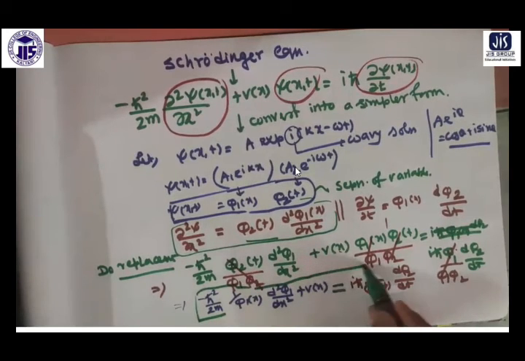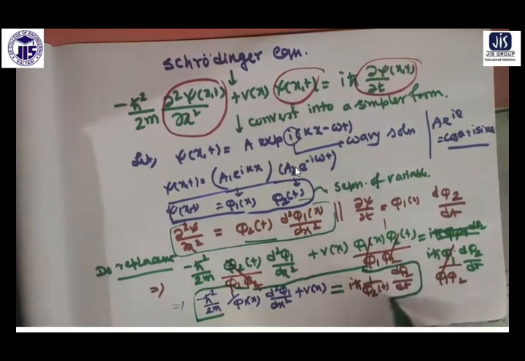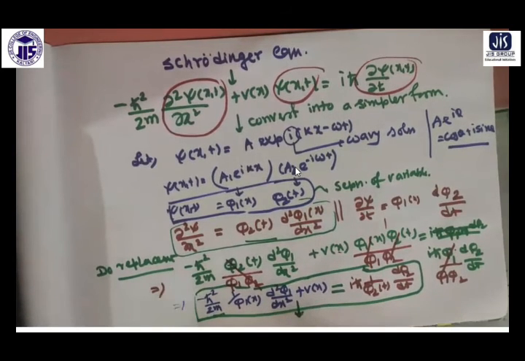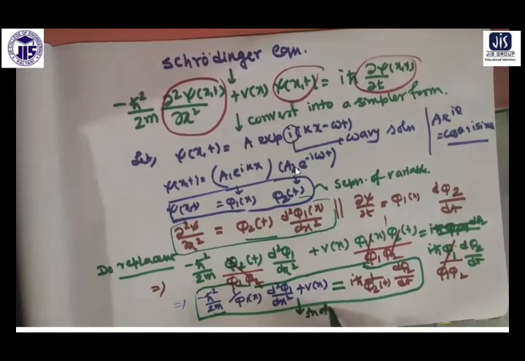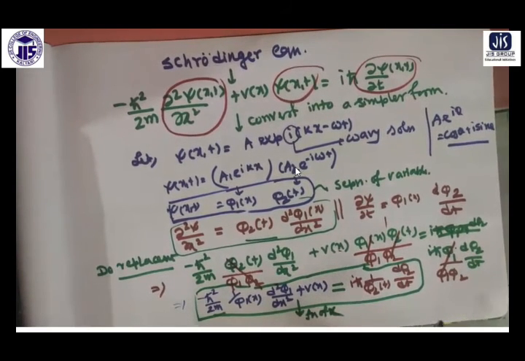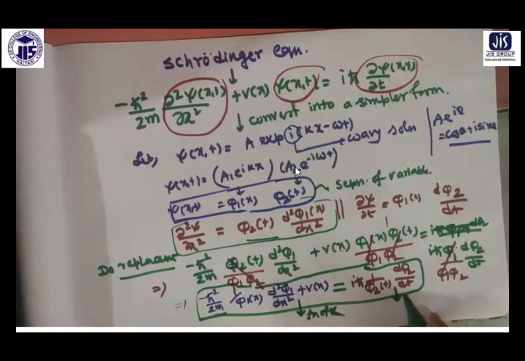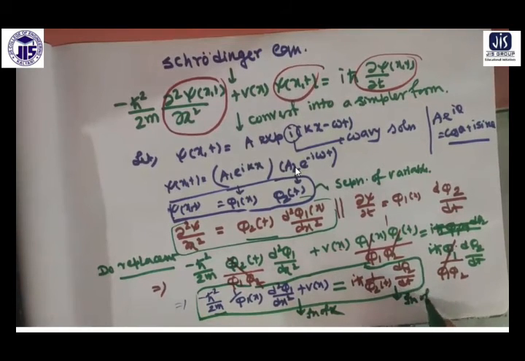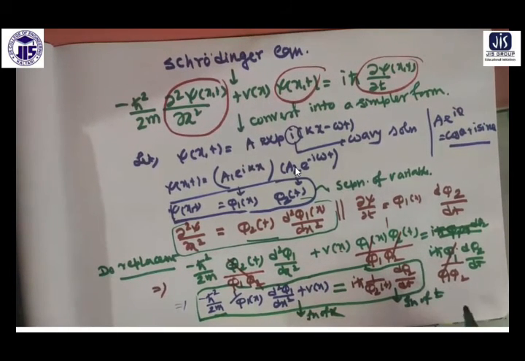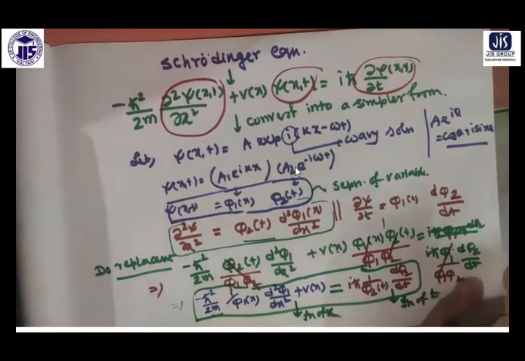If you look at this equation in this green box, here in the left hand side, can you see anything like time? No. So this left hand side is a function of x only, and on the right hand side you cannot see anything like x, so it is a function of t only. Now I've got an equation where one side depends on x, the other side depends on t. Then how could they be equal? The answer is this much.